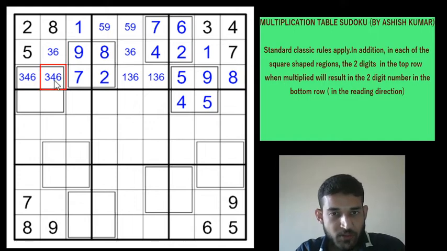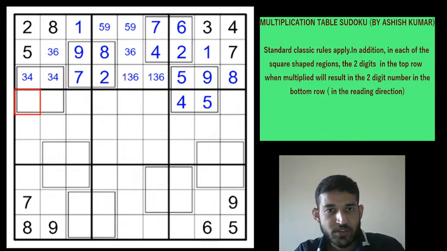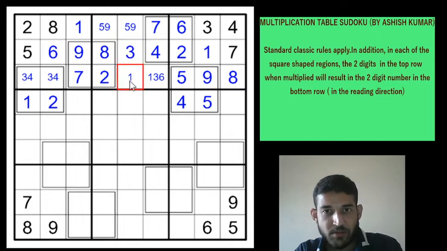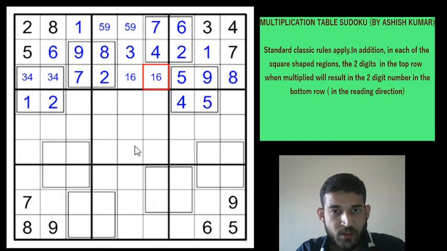Now if you see 4 is in one of these two cells, right? 4 will go together with either 3 or 6. But what happens if it goes with 6? 4 multiplied by 6 will get you a 24, so you need to have a 2 here, but 2 is not possible. So 4 will go with the 3. So this is going to be 3 multiplied with 4, which is 12, right? So this will be a 6, this will be a 3. This will be 1 and 6, and this will be 1 and 6 in some order. And now because of the 1 in column 3 and column 1, you get 1 in one of these two cells.